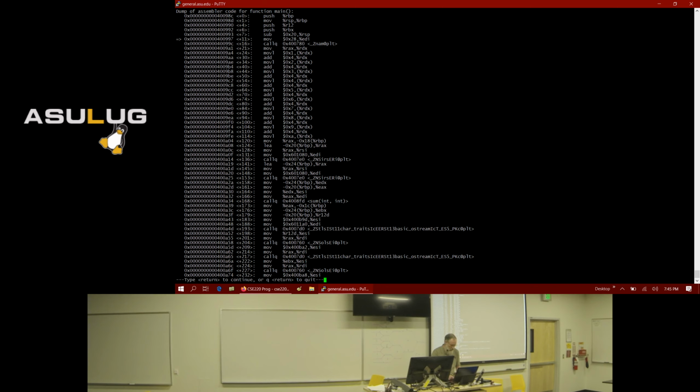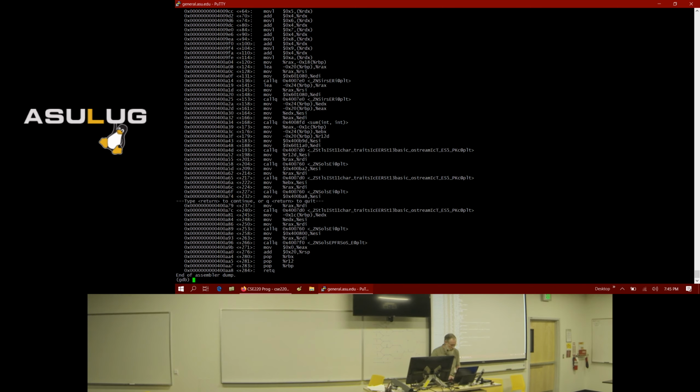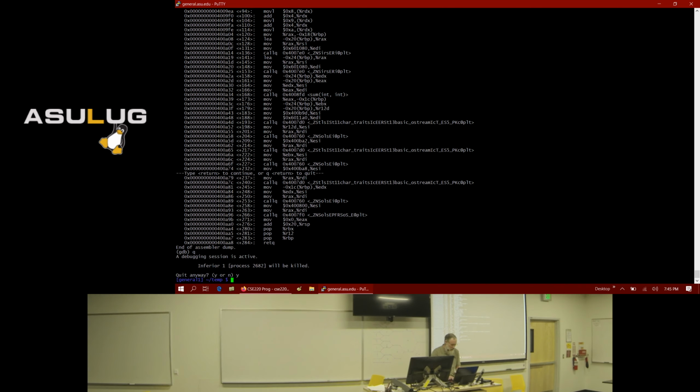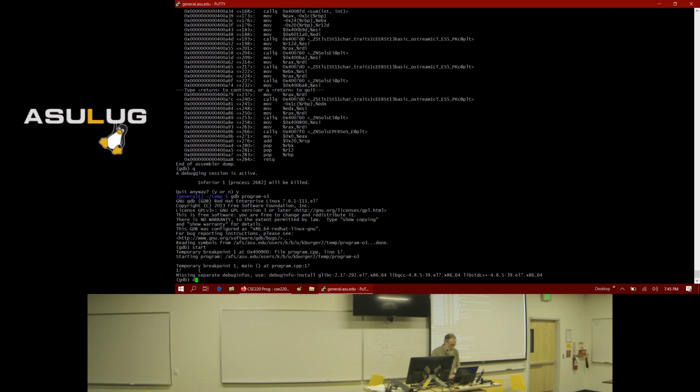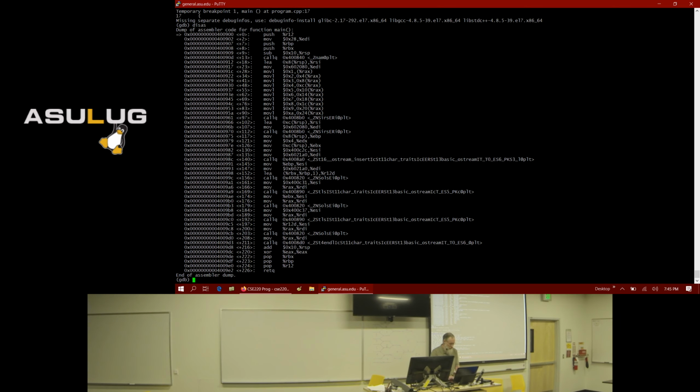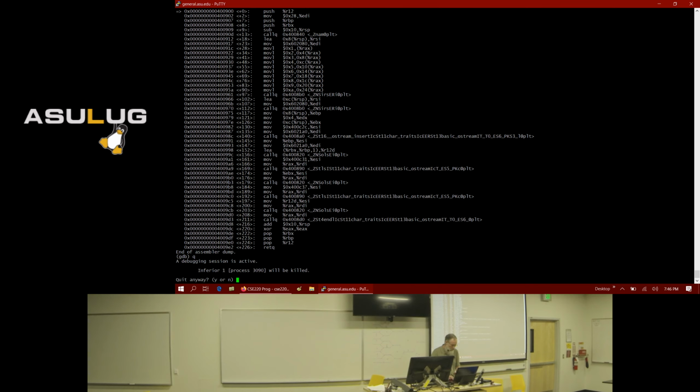Then I wanted to look at the disassembly for my optimized program. So I'm going to load my optimized program, start it, and disassemble main. That ends at offset 226. Let's go back to the unoptimized one.